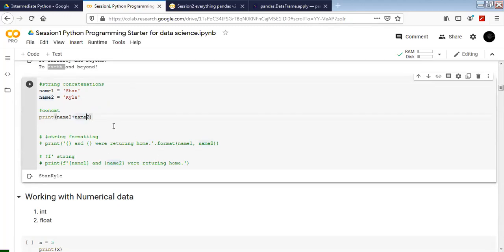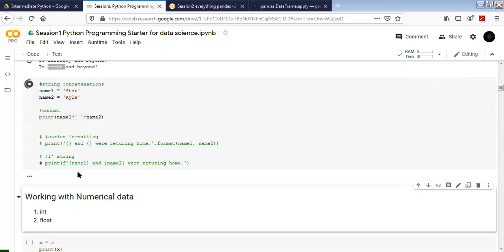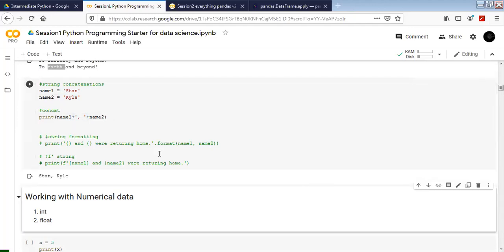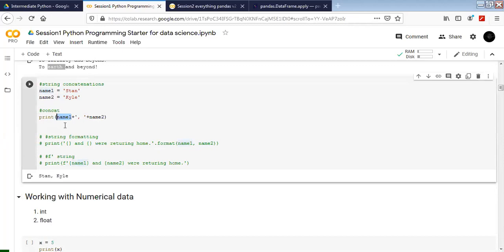But if I want to put in a space or a comma or anything else, I put in an empty string with a space, with a plus sign before and after it, and this way I will see a space there. If I want a comma, I use a comma in between. This is how I can use the plus sign to concatenate two or multiple strings. Right now there are three strings at work: first is name one, which is Stan, the second is a comma and then a space, and the third is name two. So I can combine multiple strings here.